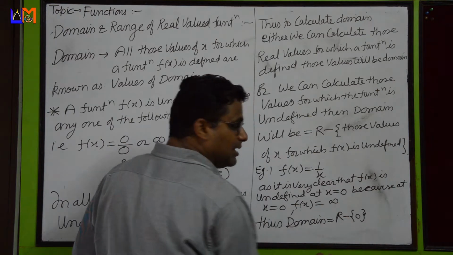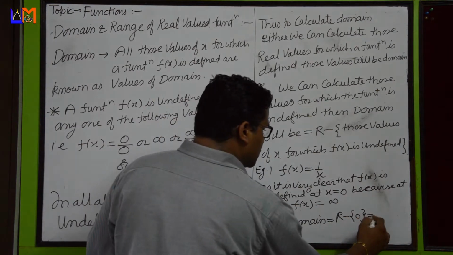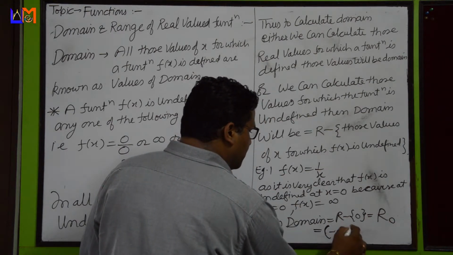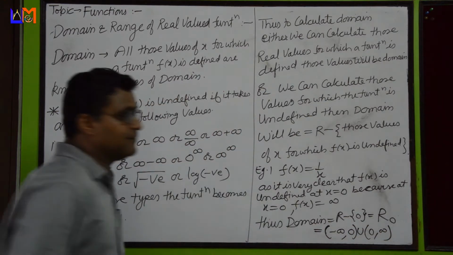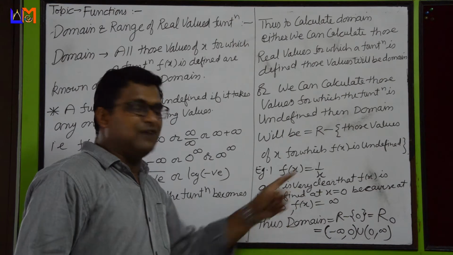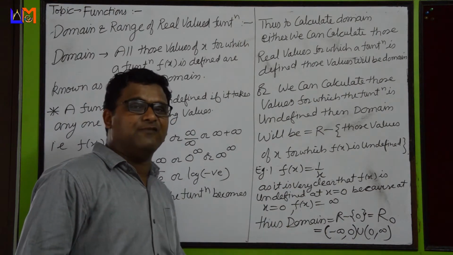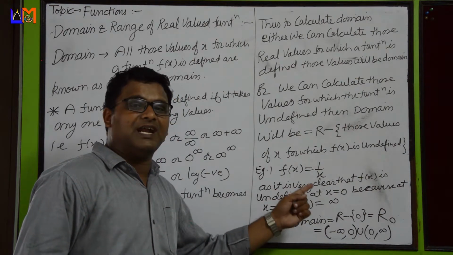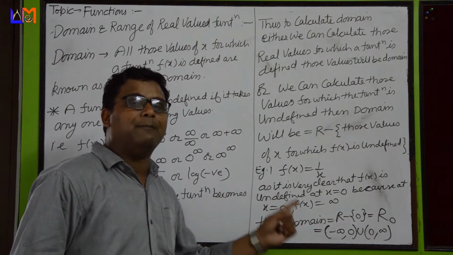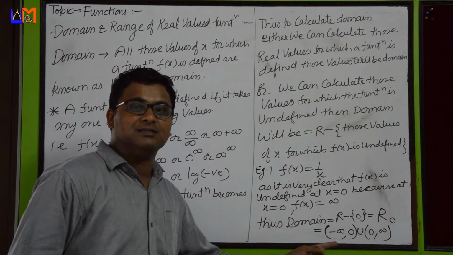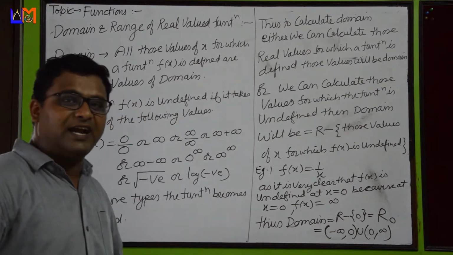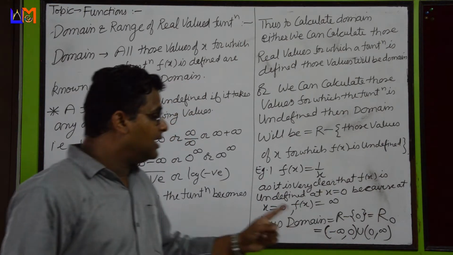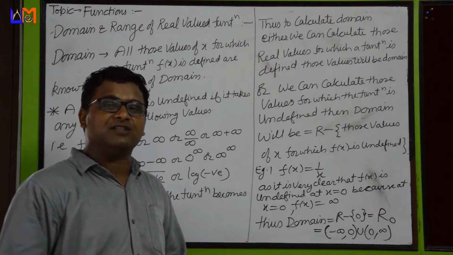सारे रियल नंबर में से 0 को हटा दीजिए, वो डोमेन है जिसको हम ऐसे भी लिख सकते हैं आर नॉट, और इसको इंटरवल की फॉर्म में हम ऐसे भी लिख सकते हैं। इन दिस फंक्शन, ये फंक्शन x इक्वल टू 0 पे क्या था? अनडिफाइंड था। अनडिफाइंड क्यों था? क्योंकि जैसे ही आप x को 0 डालते हैं इनफाइनाइट आ रहा है, इनफाइनाइट आ रहा है मतलब फंक्शन क्या है? अनडिफाइंड। तो आप ऑल रियल नंबर में से 0 को क्या कर दीजिए? माइनस। बची हुई सारी वैल्यूज के लिए फंक्शन क्या है? डिफाइंड है। तो बची हुई सारी वैल्यूज के लिए अगर फंक्शन डिफाइंड है तो वही वैल्यूज उसका क्या होगी? डोमेन होगी।